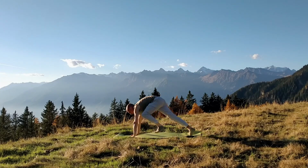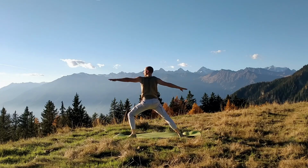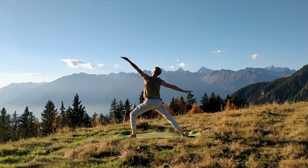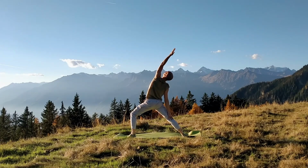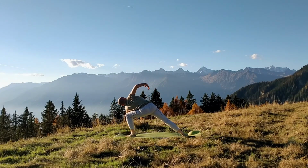Toes are pointing. And step your left foot forward between your hands, coming into Warrior 2. Flip your front palm up to the sky and come back into Reverse Warrior. Your left hand reaches up to the sky with a little back bend. Right hand's resting on your leg. And flow forward, place your left hand down on the mat, right hand reaches up into a Side Angle B,